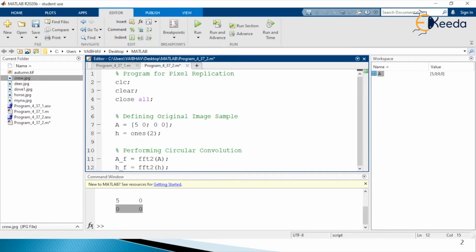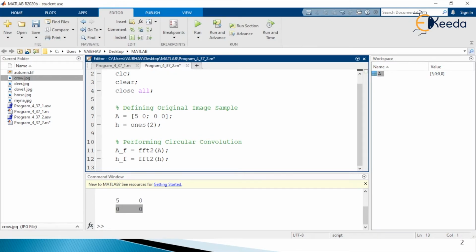Now we are going to perform the convolution. As we know, multiplication in the spatial domain is nothing but convolution in the transform domain. And in the reverse way, multiplication in the transform domain is nothing but the convolution operation in the spatial domain, or the time domain if you have a single dimension signal, most of the time in the subject of signals and processing.